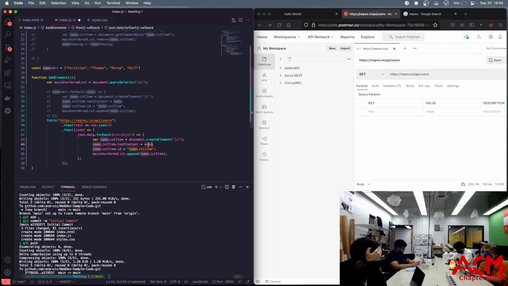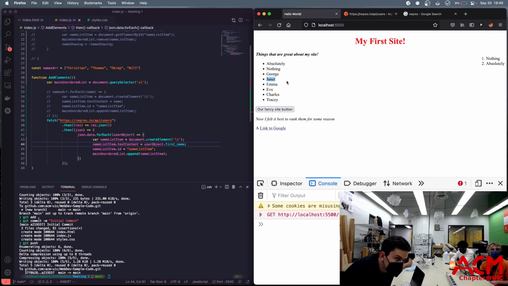So now, if we click that, we now have data from an API being used on our website. Crazy. So we grabbed data, we fetched it, and then we slapped it on the front of our page. Very fancy, I know. Really doing some great stuff here. But we are using REST APIs, which is important. So you're using a modern API to grab data and display it on a web page. Awesome. Now, really quickly, before we end,